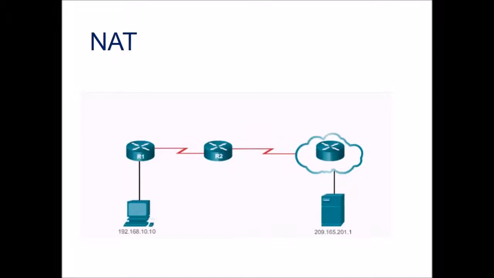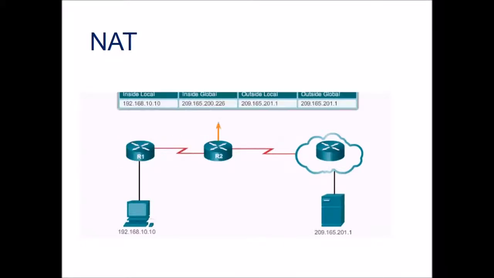In this example, PC1 sends a packet addressed to the web server. The packet is forwarded from router 1 to router 2. When the packet gets to router 2, the router reads the source IPv4 address to determine if the packet matches the criteria specified for translation. Since it does match, it's translated from